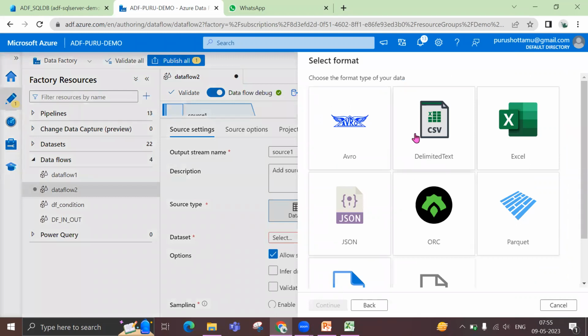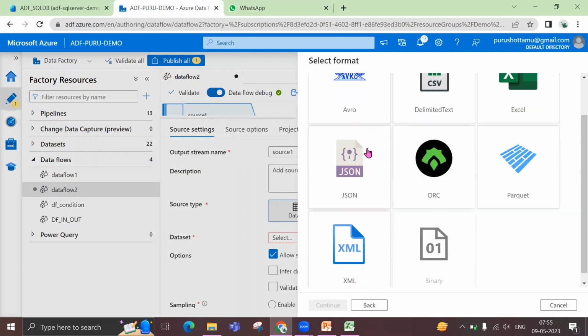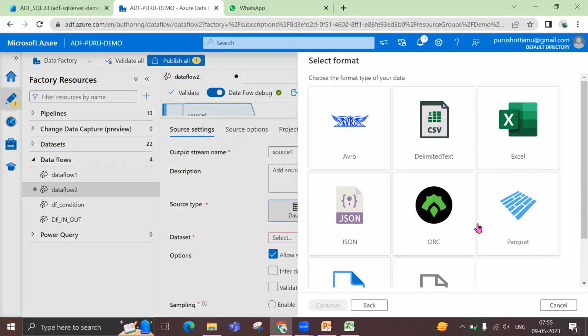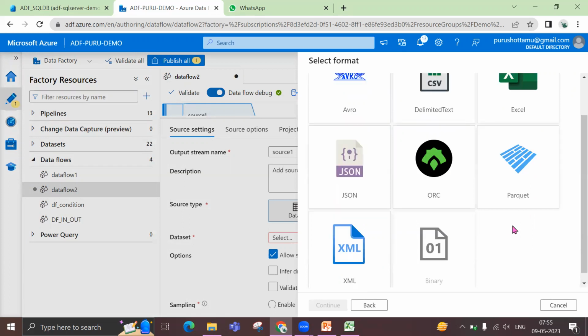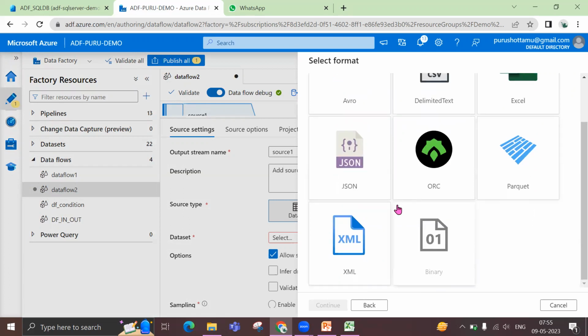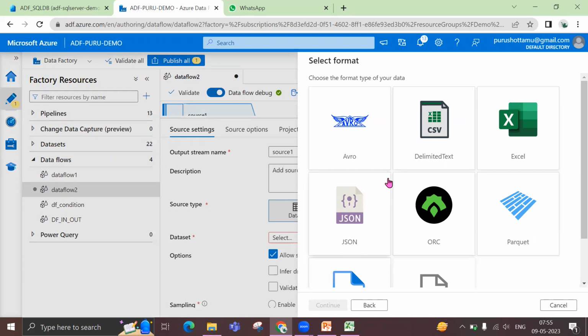Now you remember so far we've been selecting a CSV file, right? Now we need to select JSON, correct? So these are the options available. There is a file format called Avro, there is ORC, there is Parquet, and there is XML. So all these files are available. Now if you ask me, delimited, Excel, XML,